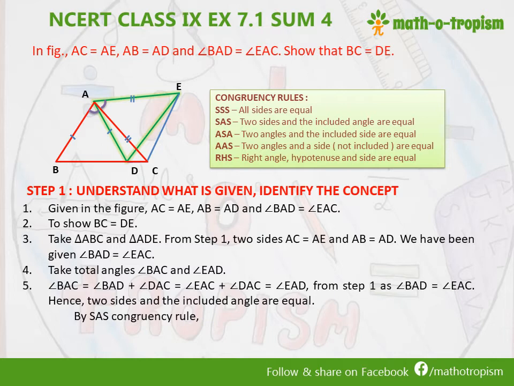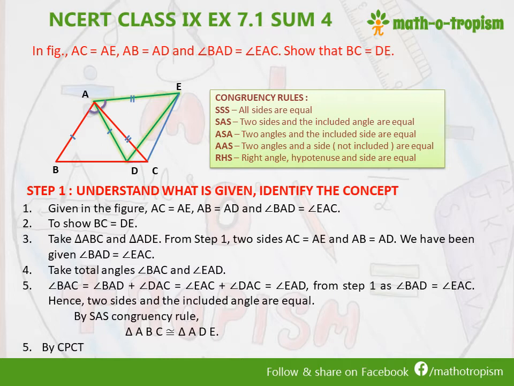So angles both are equal, that is both angles A are equal, and when we take AC equal to AE, we can see that A is the common vertex, so C and E are the corresponding vertices. Similarly with AB and AD, we have A as the common vertex, which means B and D are the corresponding vertices. So if we write triangle ABC, then it will be congruent to triangle, instead of B, from AB equal to AD we have D, and from AC equal to AE we have C corresponding to E. So triangle ABC is congruent to triangle ADE.